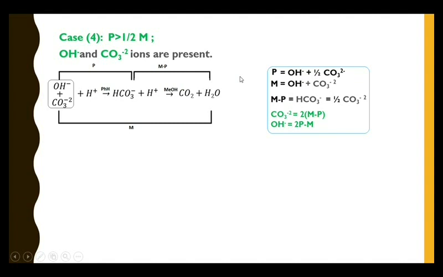Therefore, when P is greater than half M, the ions present are OH⁻ and CO₃²⁻, and the alkalinity due to them is, in the case of carbonate, 2(M − P), and OH⁻ is equal to 2P − M. And case 5, when P is less than half M. When P is less than half M, there is only one possibility left over, because we already discussed